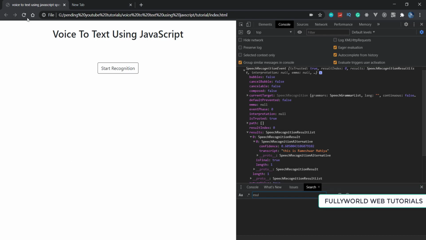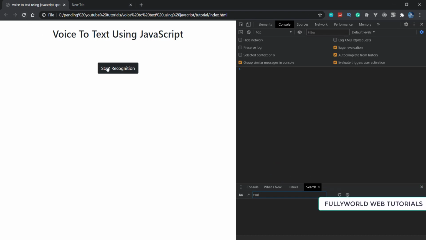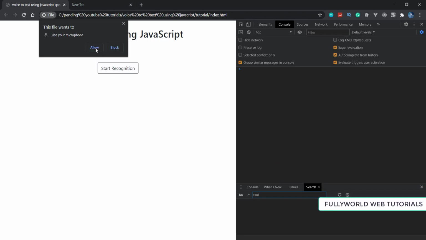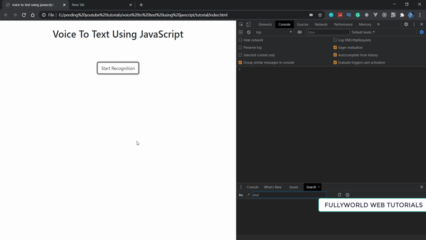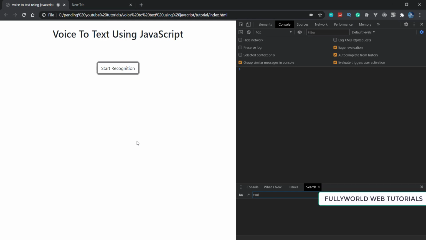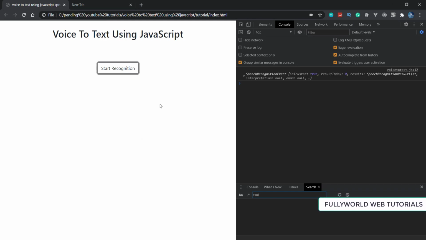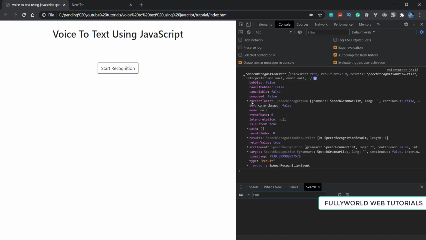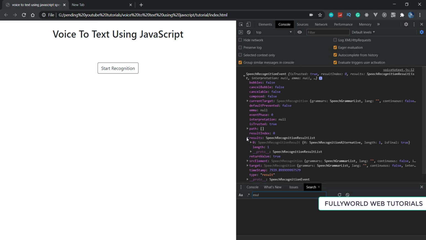Now when I reload it and click on start recognition: hello, this is Raman Sharma here. See that this is stopped successfully and we are getting only our results here.